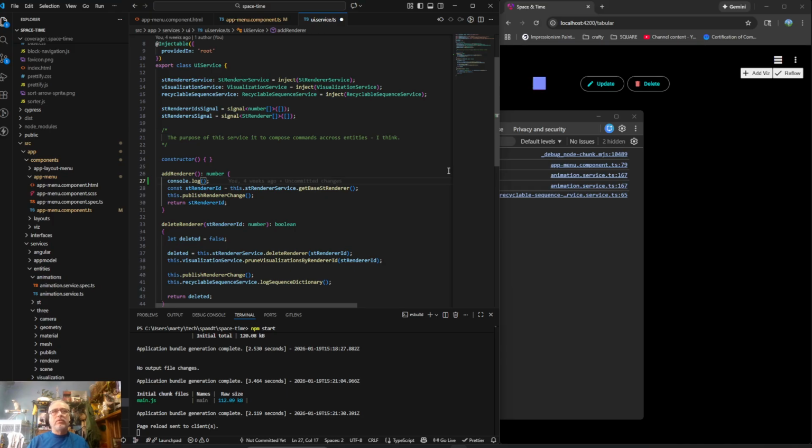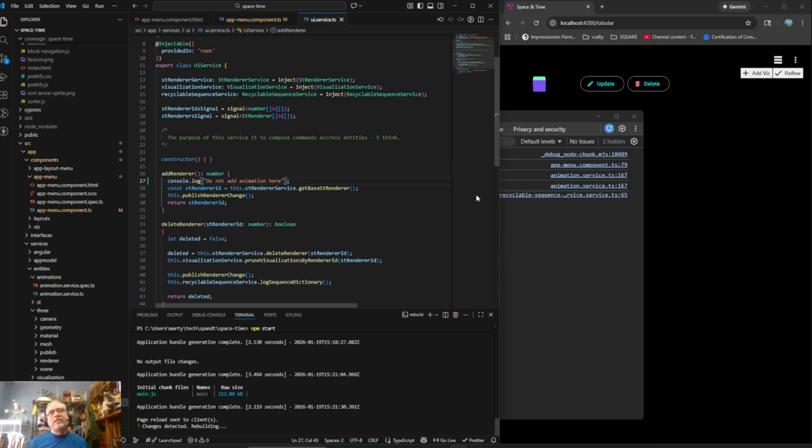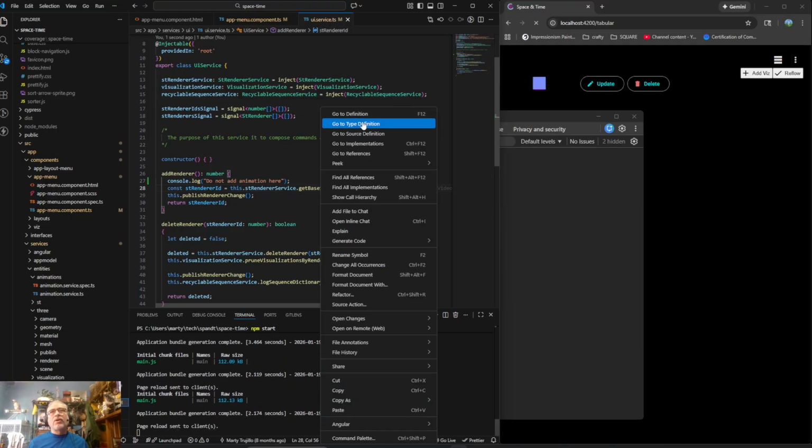But maybe it should. Should a base renderer? I don't think so. Add animation here. So this is going to help me on the second part because the first part is to